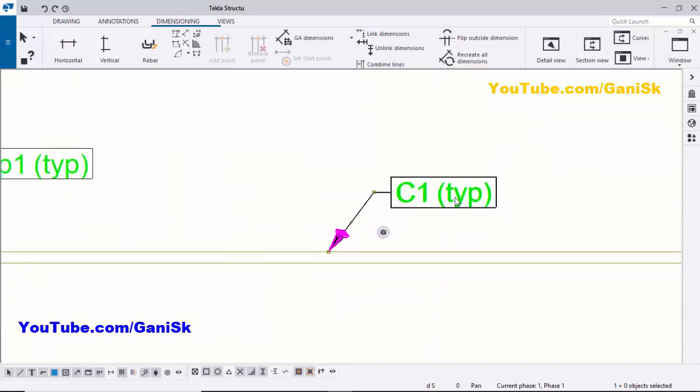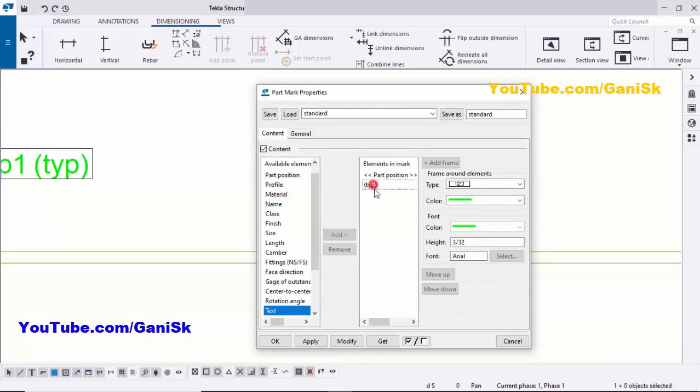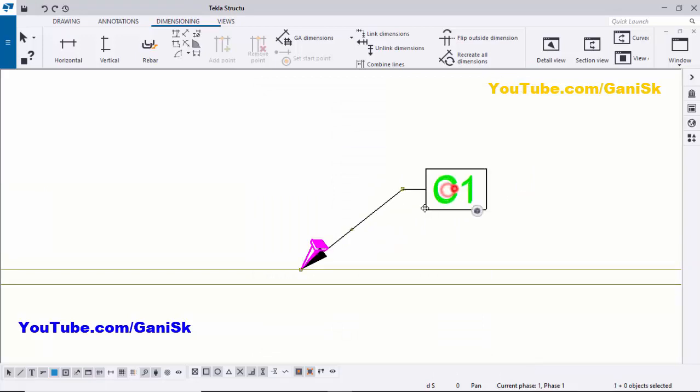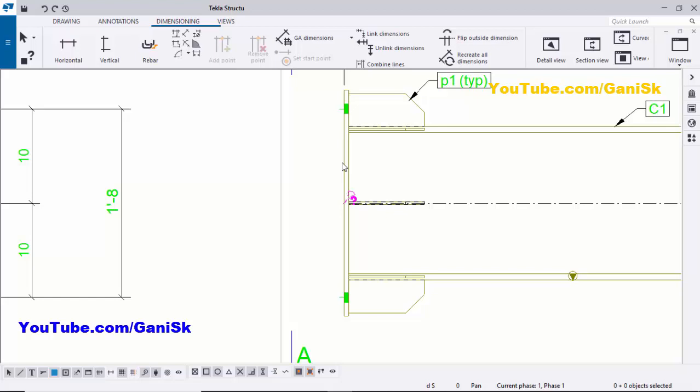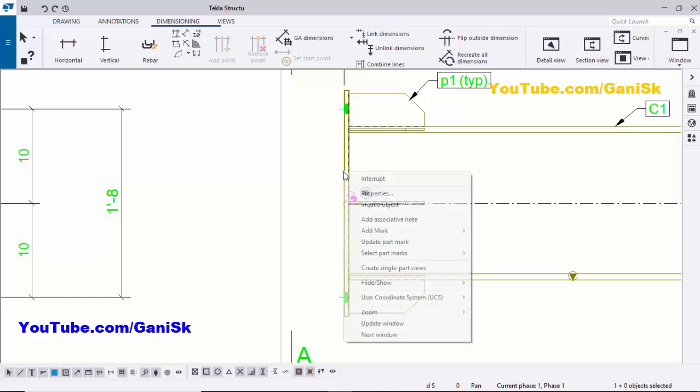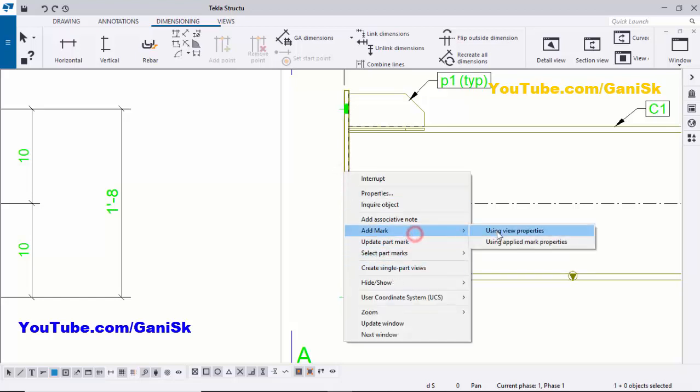Here we don't require any typical, so double click on it, select it and remove, modify, apply, OK, and place it like this. Now we need to create the base plate part mark also. So select this base plate, right click on mouse, add mark and apply